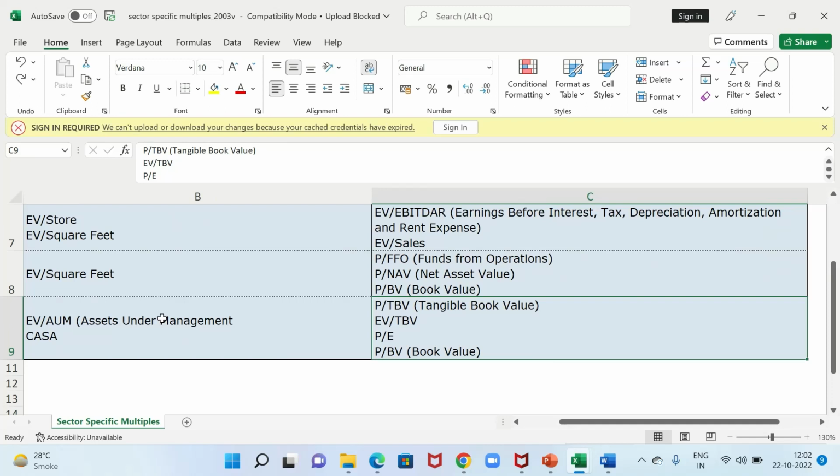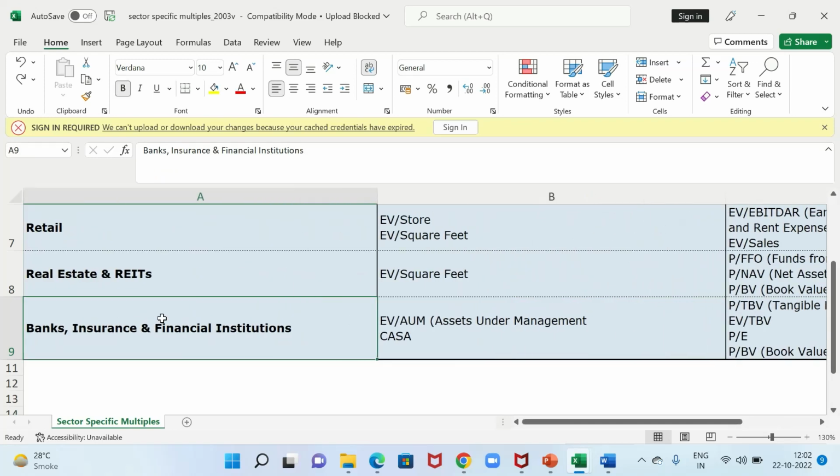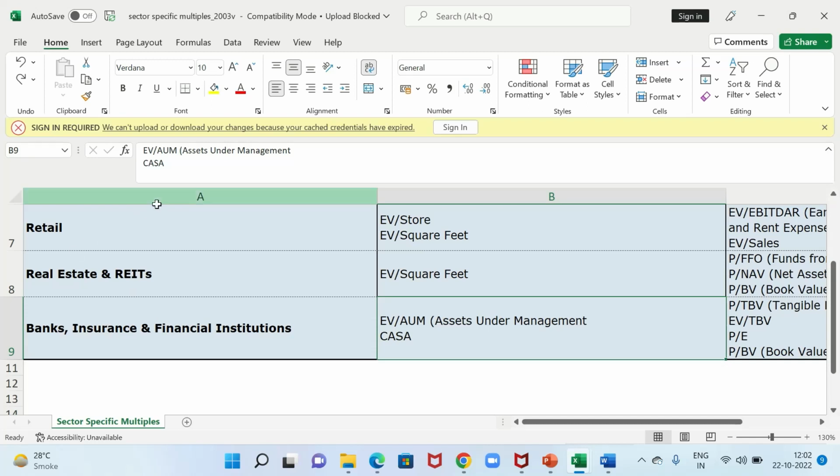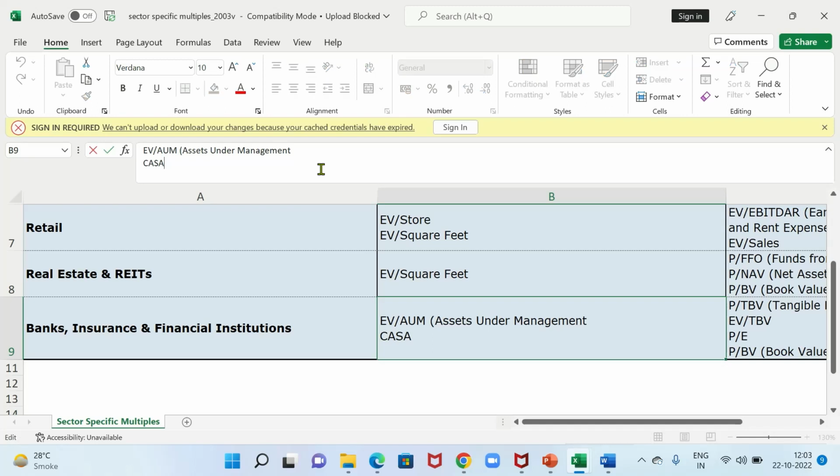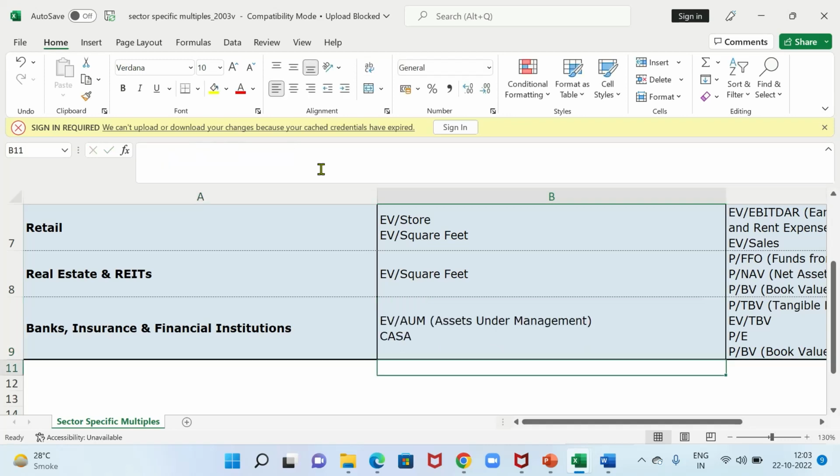Absolutely. It's like you add plant and equipment for cement, steel, also additionally all these things. So hence we are using EV by AUM just in case. It should be enterprise value for assets under management, not for banks specifically, but for other institutions like Brookfield, KKR, who are listed financial institutions. What is the AUM relative to their enterprise value? What is the factor there?